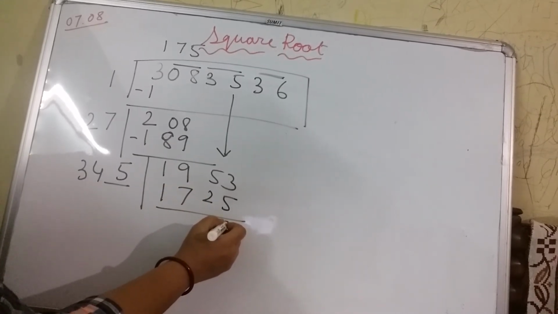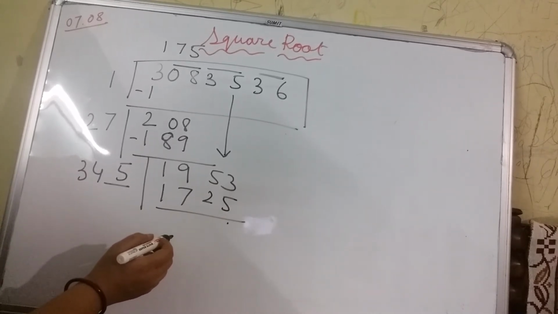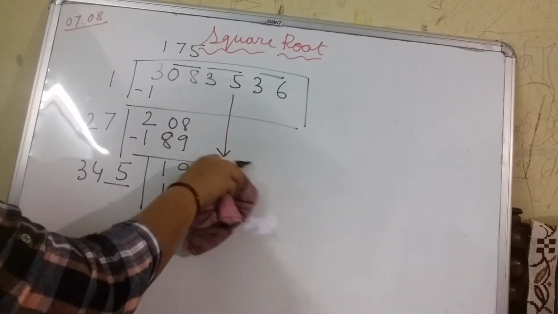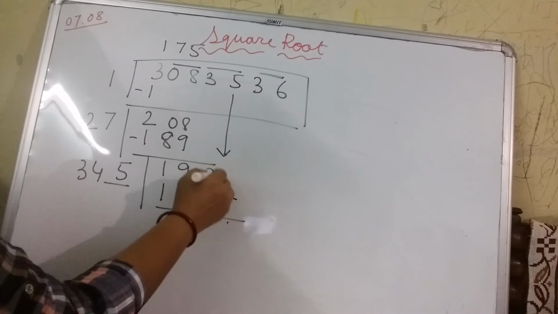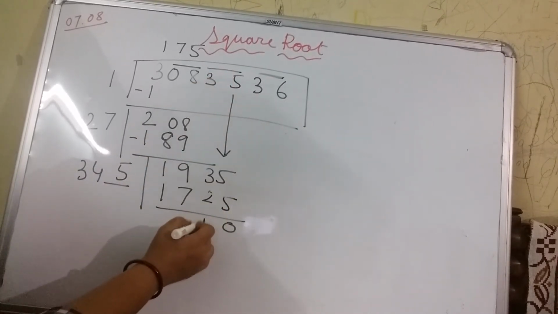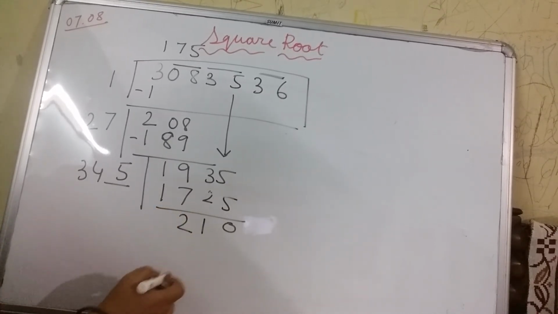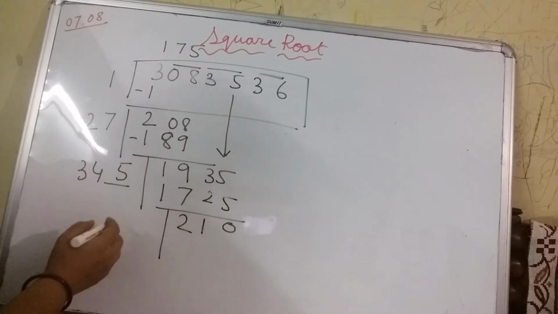So oh sorry, 35, this is 35, 210. Next multiply 175 by 2, that is 350,